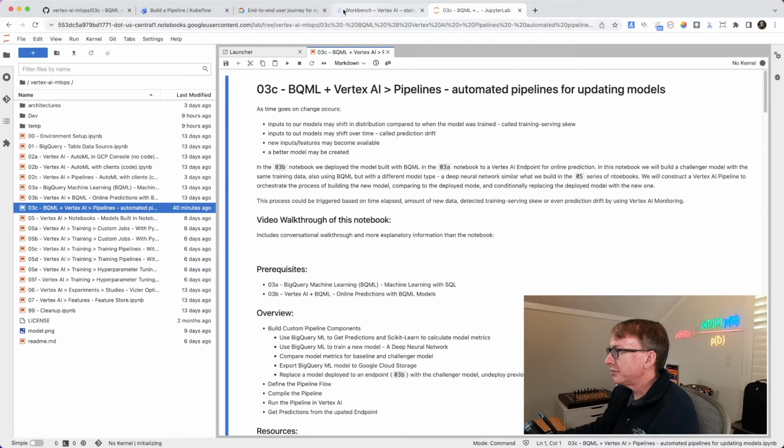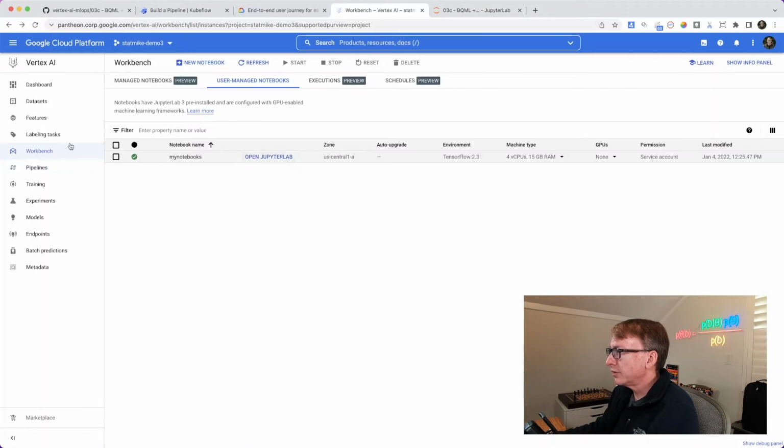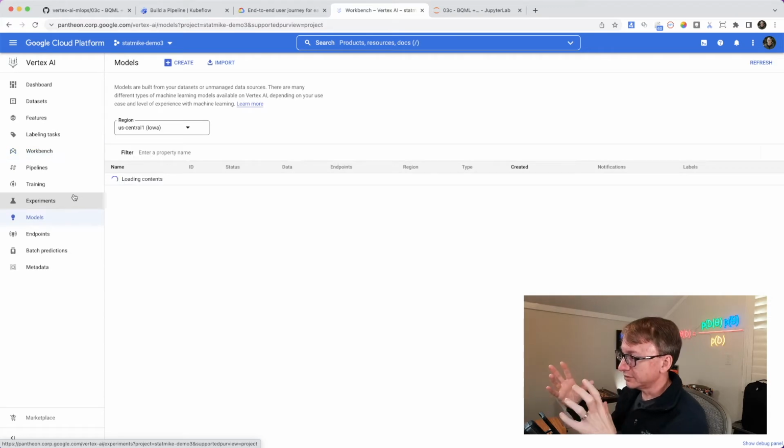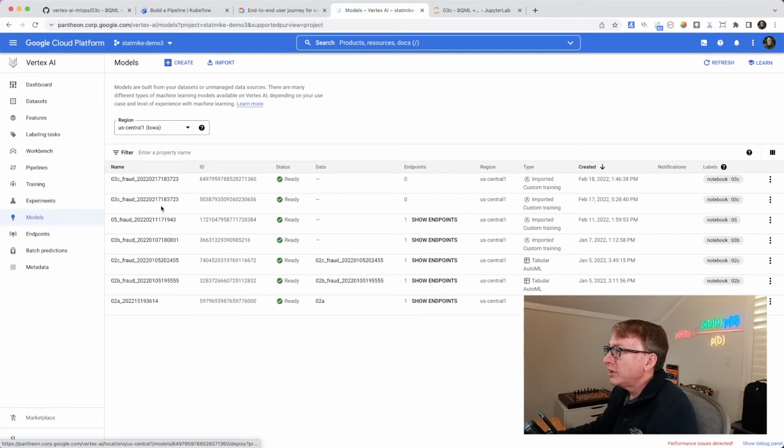And while that's coming up, let's go back to Vertex and just take a look at what we're working with today. So under models, in 03A and B, we were working with a model created in 03A. It took the fraud data, which had this specific column that labeled the data as fraud 1, not fraud 0. And it had all these other columns that we used to build that training function. We trained the model to say, is this fraud or not? And we took that model in the 03B video and we exported it and we brought it into the models part of Vertex AI as 03B